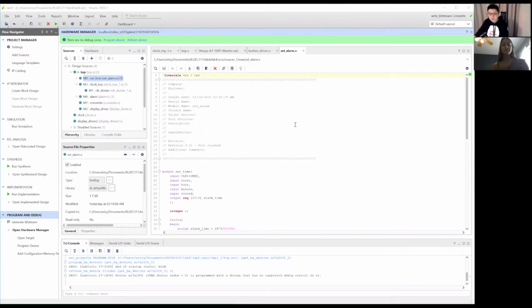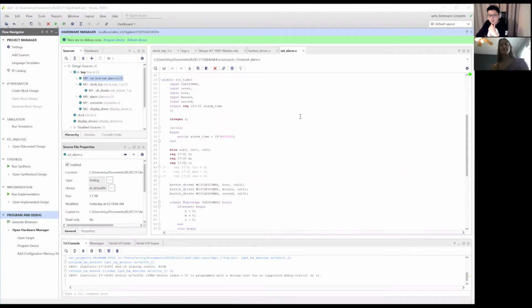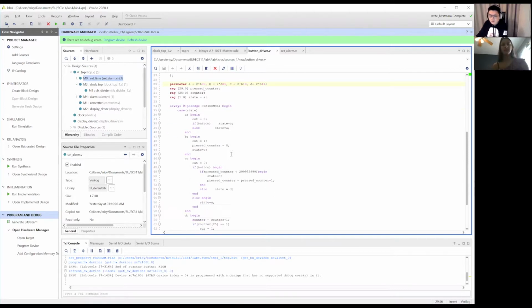I'll talk about snippets that I found very interesting in our project, which is the state machine. I implemented the state machine using four states, A, B, C, D, for the button driver. When you press it, it will only add 1 to the number, and then it will go to output equals 0. But when you hold it for longer, for about 3 seconds, it will go to state D,